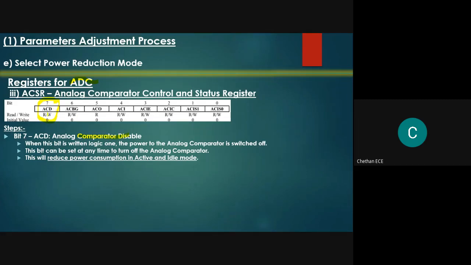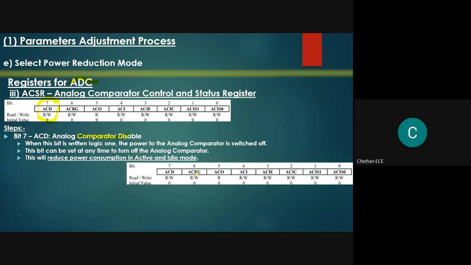If we program it to 0, of course, the ADC will still work, but it consumes more power. There will be a significant increase in our power during the conversion process. We do not want to consume more power by the ADC. We want the ADC to work in power reduction mode. To work in power reduction mode, this bit should be programmed as 1. Now tell me what is the content of ACSR if I program bit number 7 as 1.